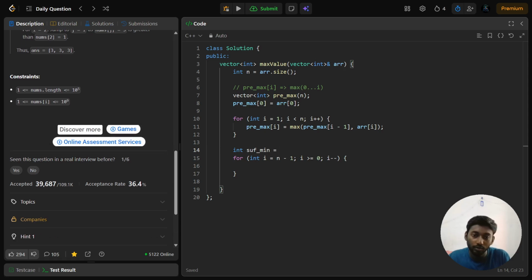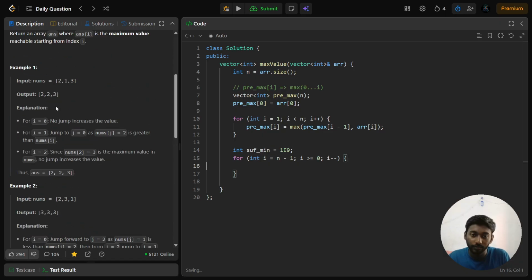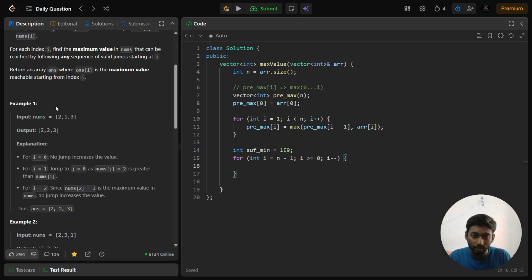The value can go up to 10 to the power 9, so let's initialize with 10 to the power 9. Then suffix minimum equal to minimum of suffix min comma current value. Now we have to check that if this suffix minimum is greater than or equal to the prefix max up to I minus 1,